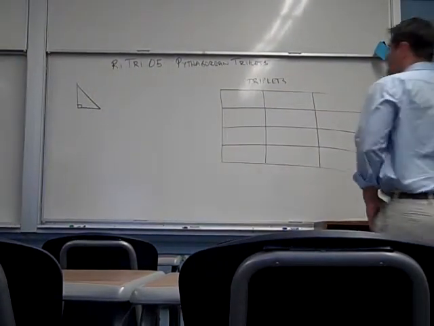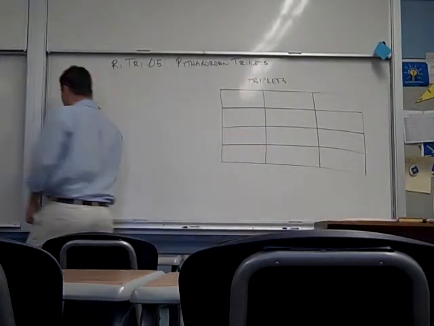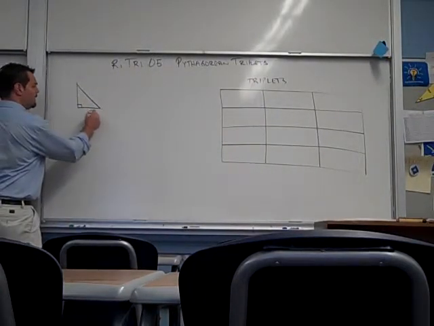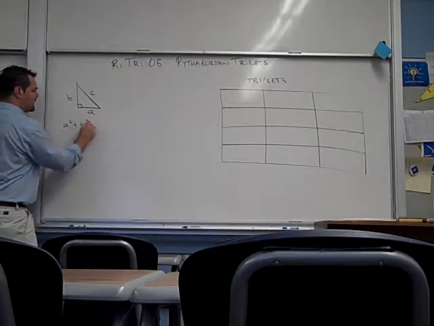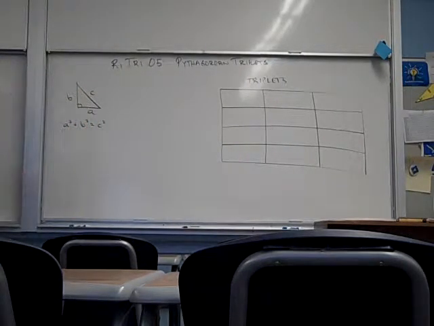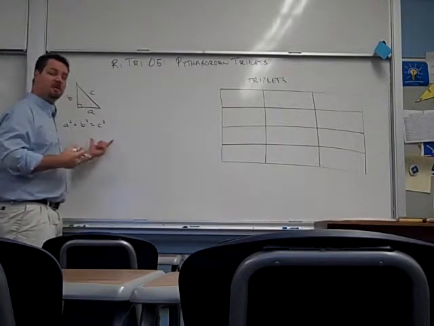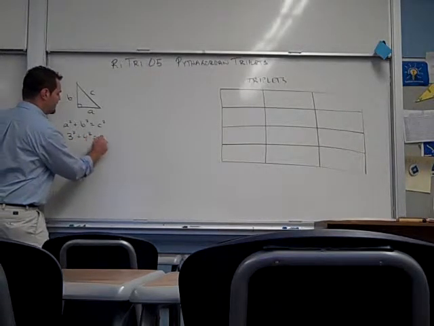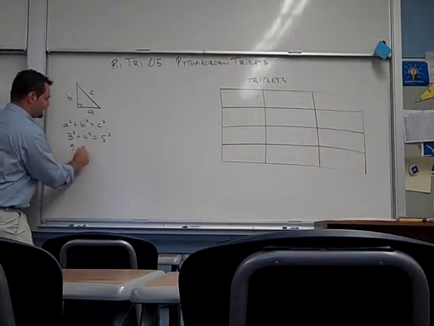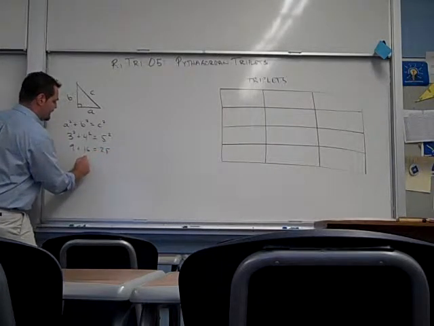All right, Try 5 speaks about Pythagorean triplets. We've learned prior that the Pythagorean theorem says a squared plus b squared equals c squared. Now we've, through our practice, discovered that some of these problems come out nice and neatly. For example, if I have 3 squared plus 4 squared equals 5 squared, 9 plus 16 equals 25, 25